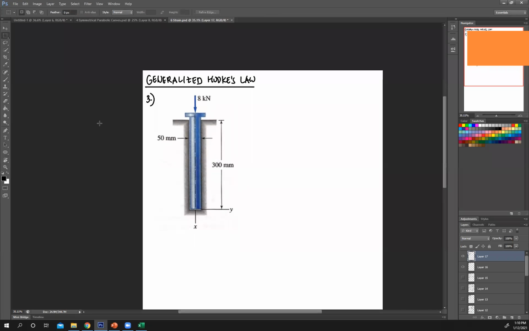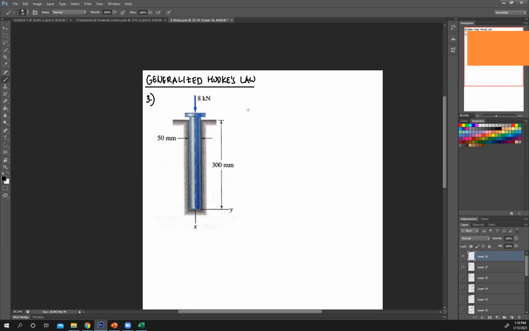Okay, let's solve it. Again, usually to solve for change in L we're just going to use PL over AE. However, since there's restriction, you're not going to use PL over AE anymore. We're going to figure out the effect of the change in direction along this side on the elongation of your rod.